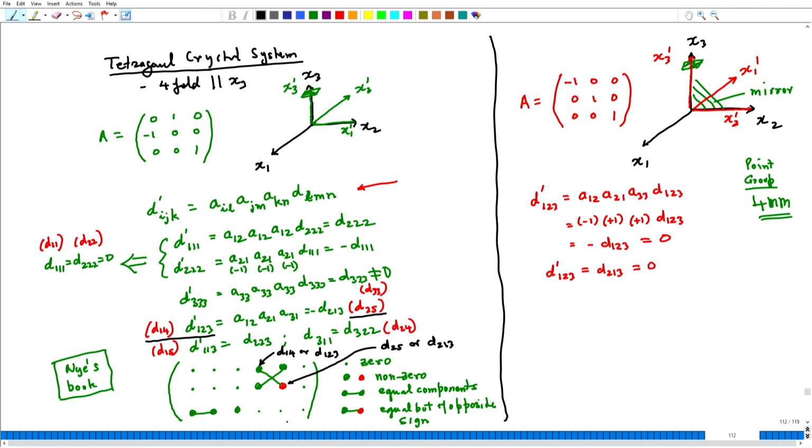So, both of these, this one will go to 0, this one will go to 0, and if we do for other things, we will find that everything else will remain as it is, and hence the piezoelectric matrix now will look like